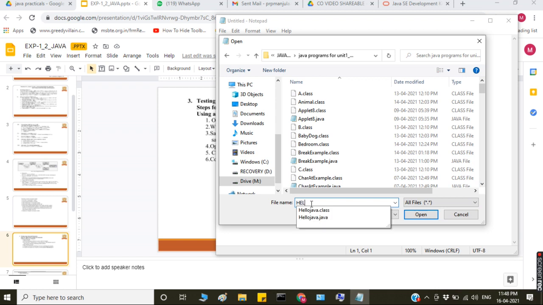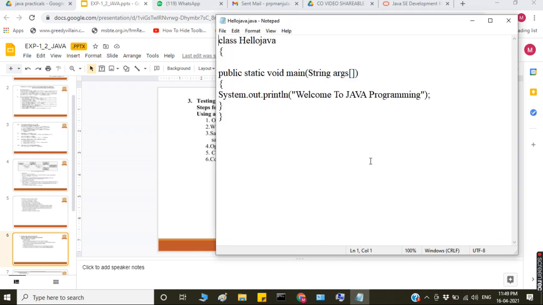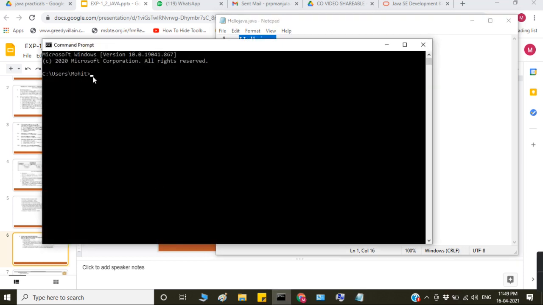Hello Java. The Hello.java file is there, you have to open this. So this is a Hello Java program. Save this file with the same name, Hello.java. This is the same as the class name. You have to save this and come to this one, what?